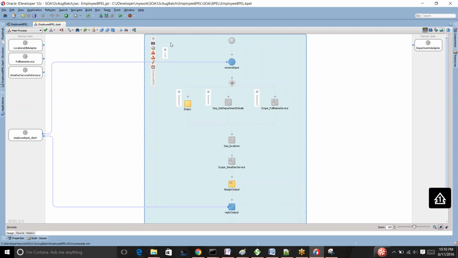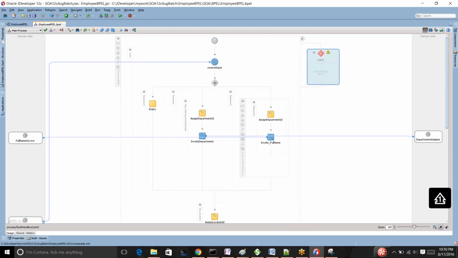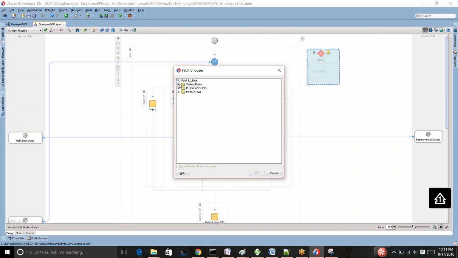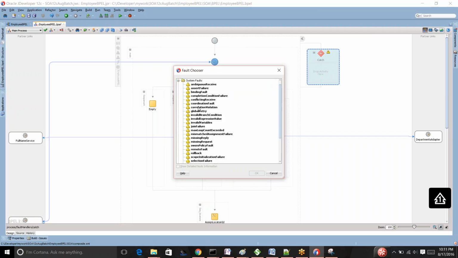So this is a global scope, right? My entire BPEL will be within a scope. We saw scopes yesterday. For a scope, you have two red marks here: one is catch and the other is catch all. When I click on catch, it catches a specific exception. Like if you want to handle a remote fault, you define a catch for a remote fault. You select the remote fault,